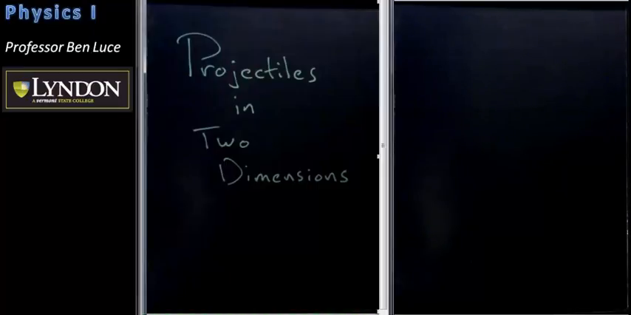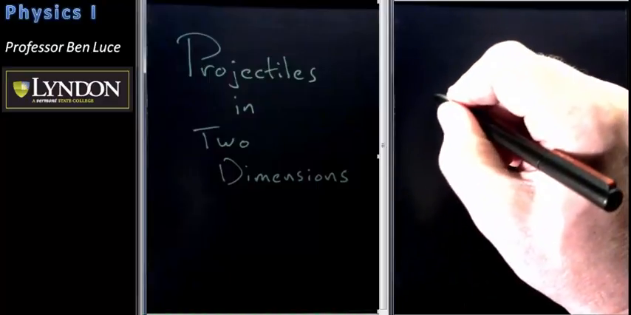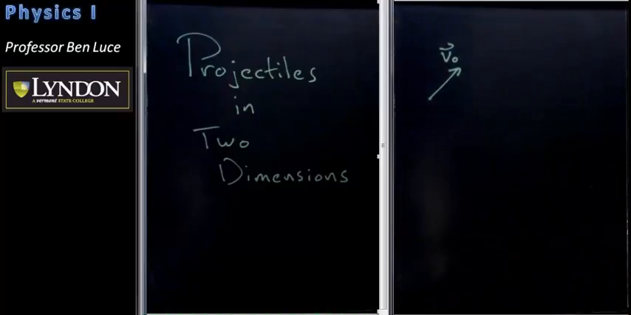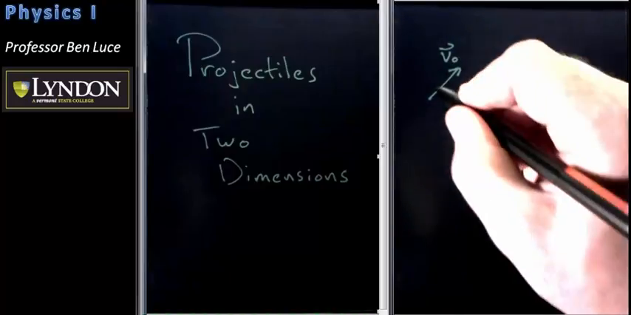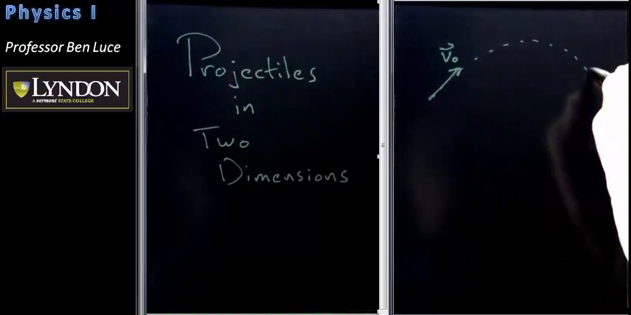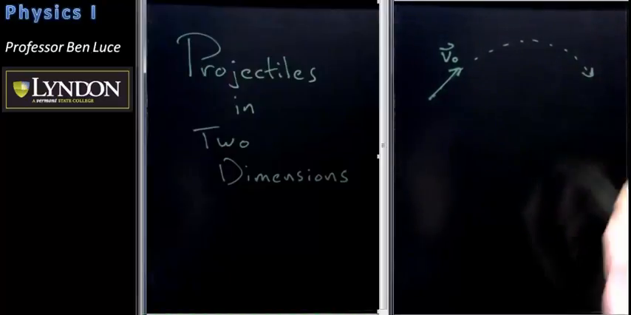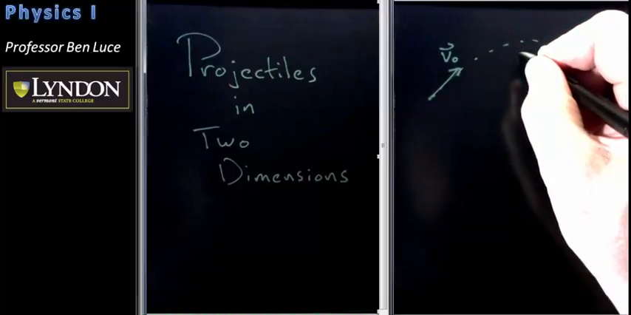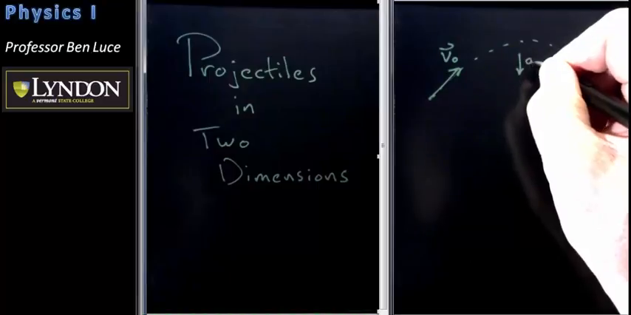In this presentation, we're going to study projectiles in 2 dimensions. By projectiles in 2D, we simply mean objects which are launched with some initial velocity v0 and then which travel through the air without propulsion of any kind, that is, just under the acceleration of gravity,